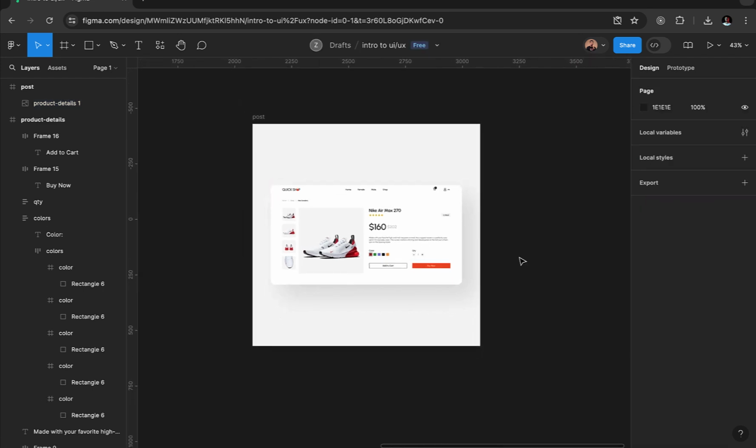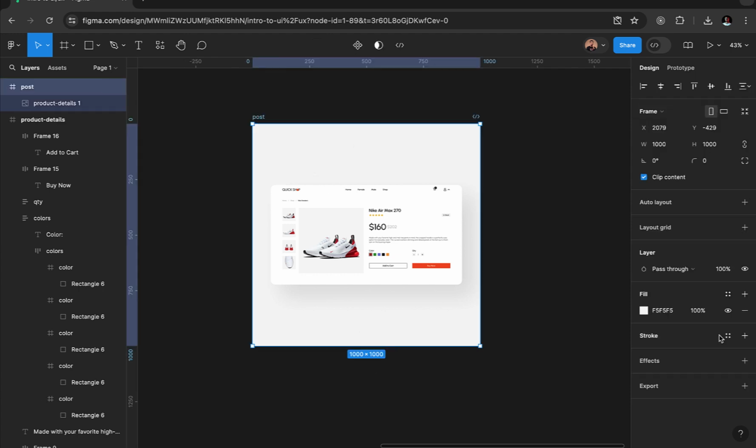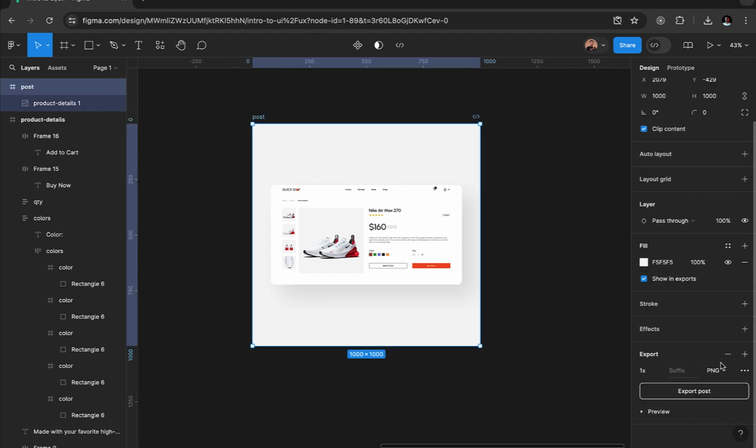So now I can actually post this, right? So this is what I'm going to post on social media and say, hey, look, I just quickly designed this. So this is what you should actually design and you can post, right? So this is like a simple mock-up I just did for you guys quickly, so you see how you can easily design something and you can actually just mock it up a little bit and post it out there on social media. So I'm going to click on this and I'm going to export this too as well,